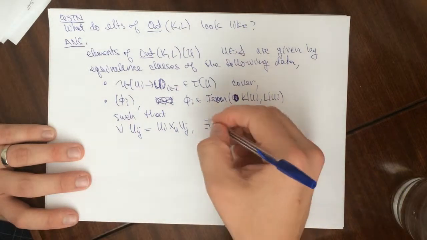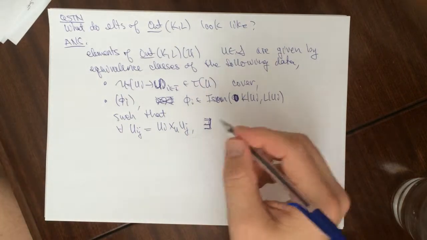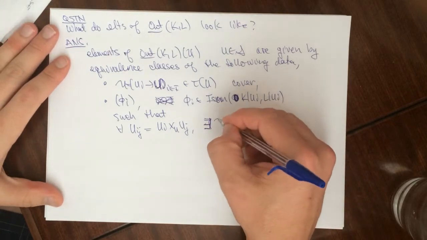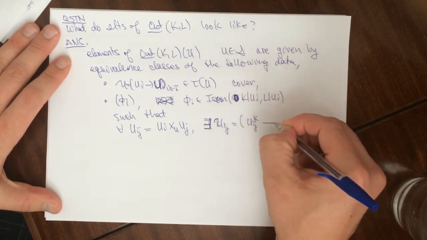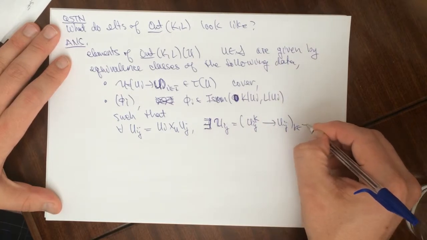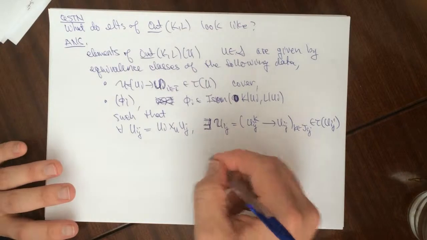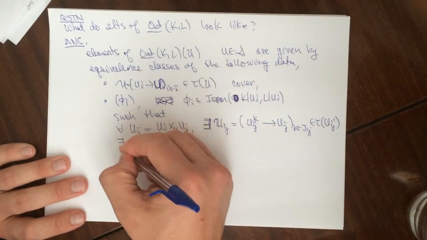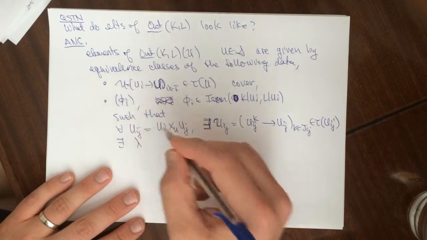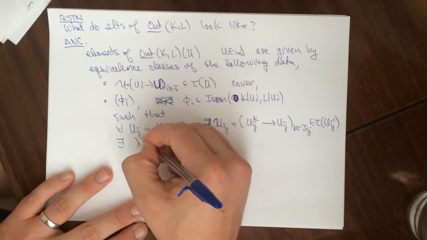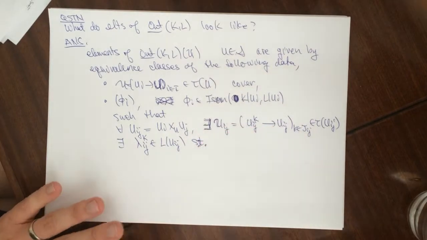so what do we need to say? So there exists a cover, a curly U_ij, so this is a cover from U_ijk to U_ij, and k varies over an index set that depends on i and j, and this is a cover of U_ij, such that there exists some, let's call them lambda_ijk's, in L of U_ijk, such that,